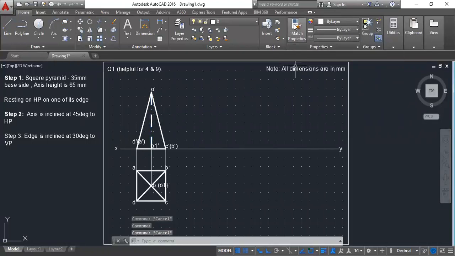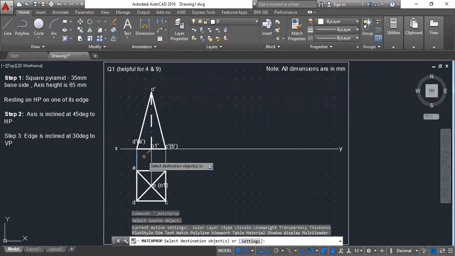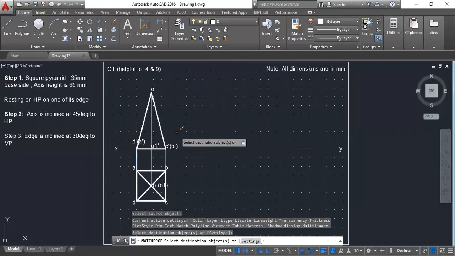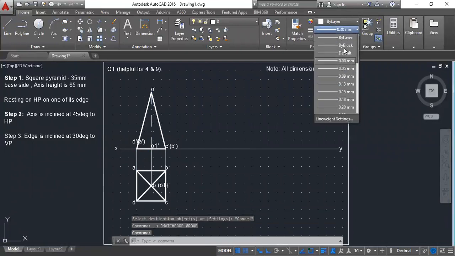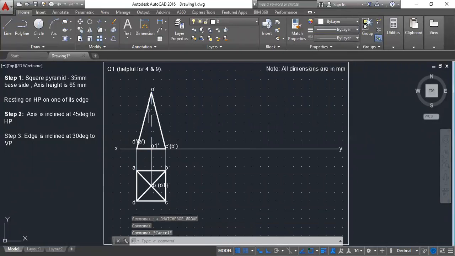Just remember that one thing, that axis should not be dark. Only the lines should be dark. So this is how you can complete your step 1.